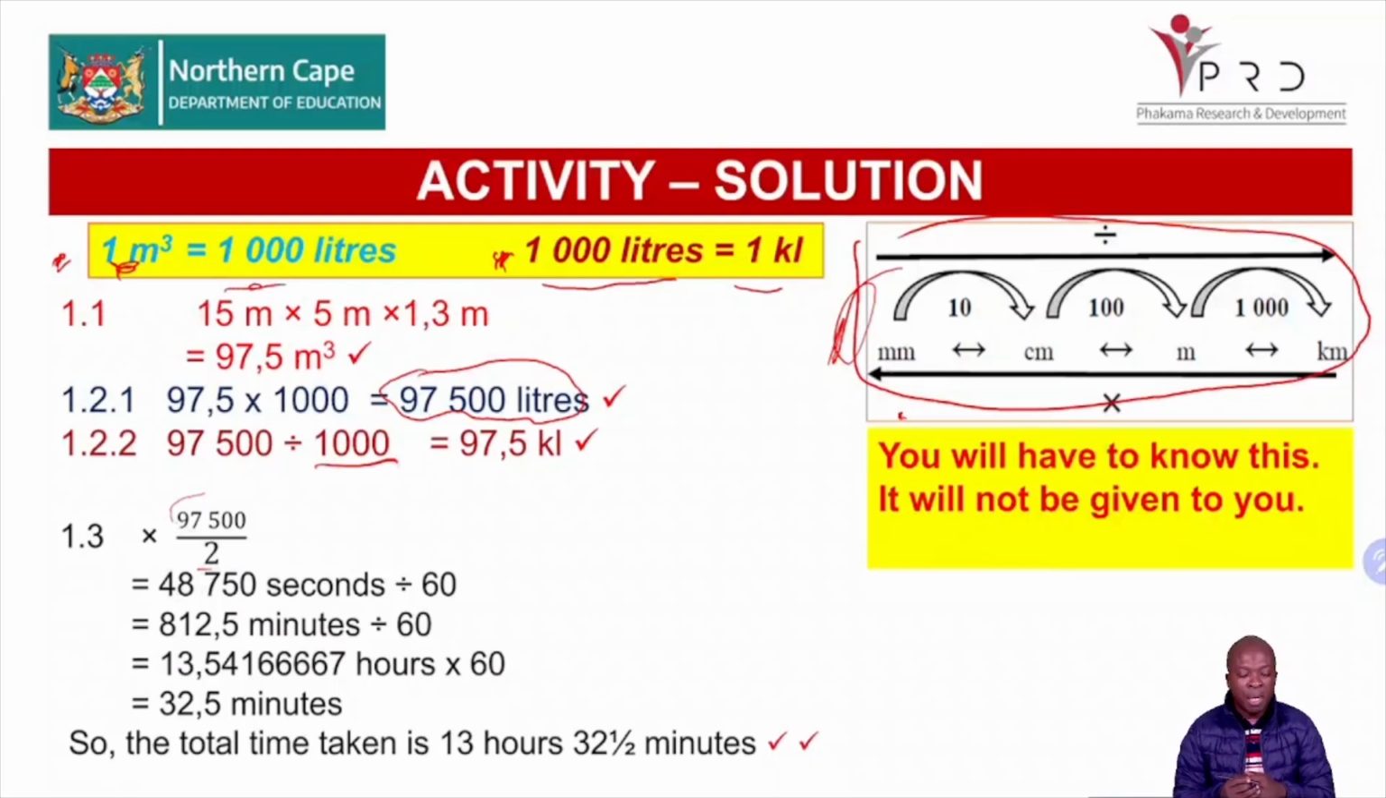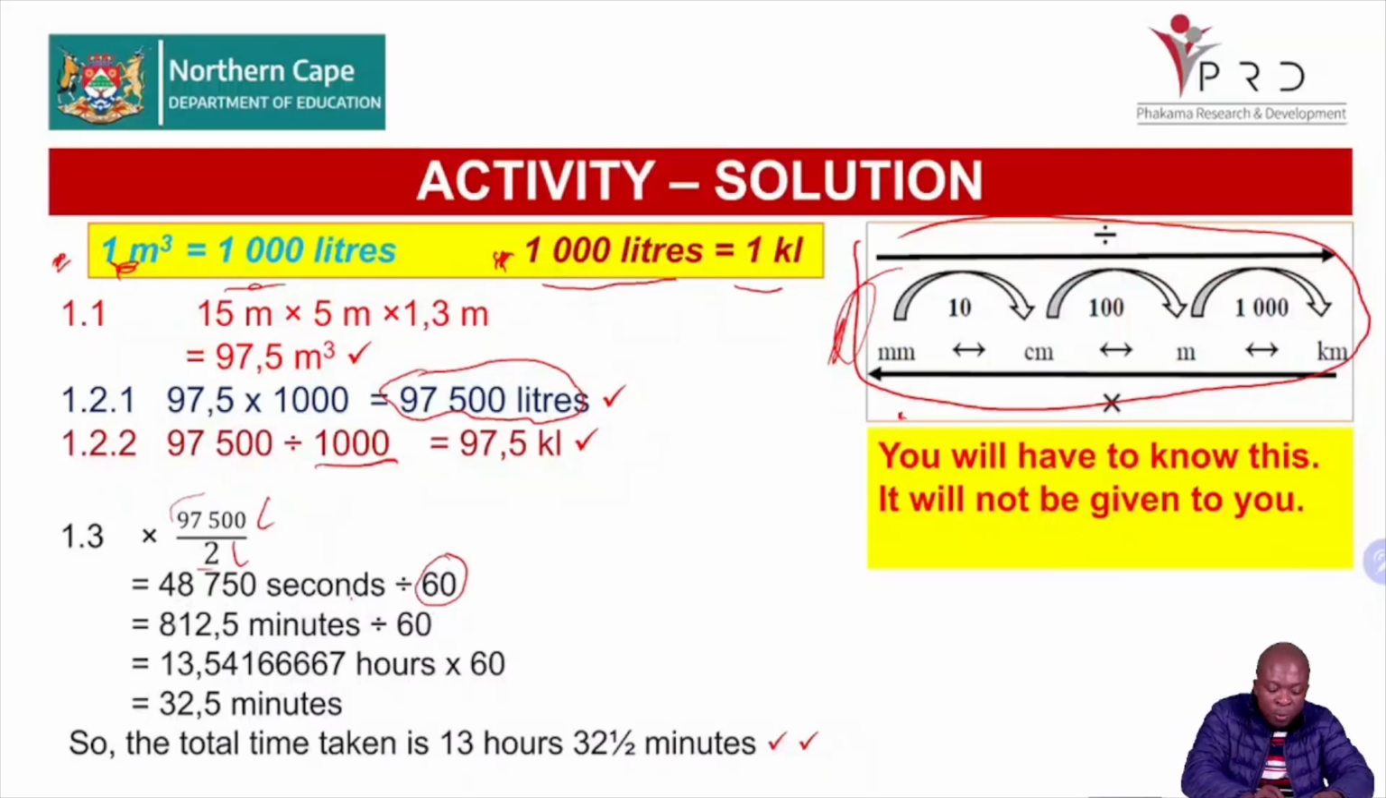Why are we dividing by 2? Remember, 2 liters per second. It's only able to fill at what? 2 liters per second. So the 97,500 liters divided by 2 liters, meaning we are going to need to fill it for 48,750 seconds. Then what you see me dividing by 60 here means I am converting it from seconds